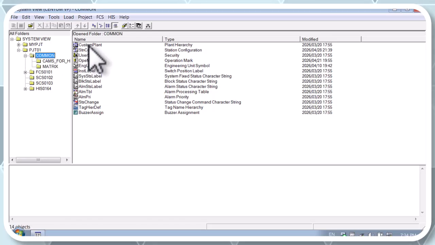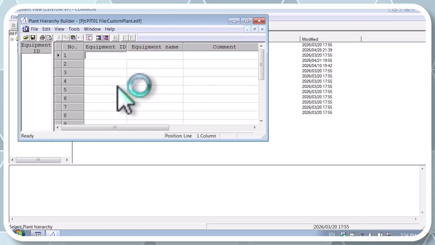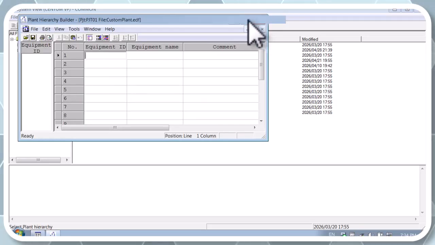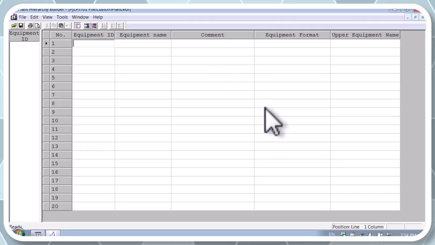command and open the custom plant. And here, my friends, we will add user-defined production object of level 1 to 4, and for each object we will select the parent production object in upper equipment name column. So my friends, let's start with the